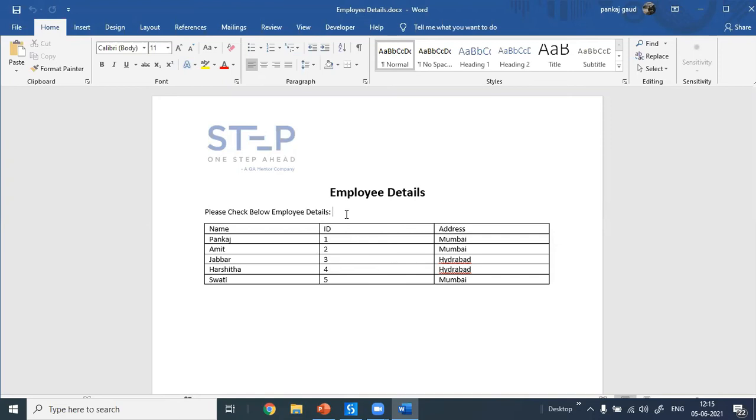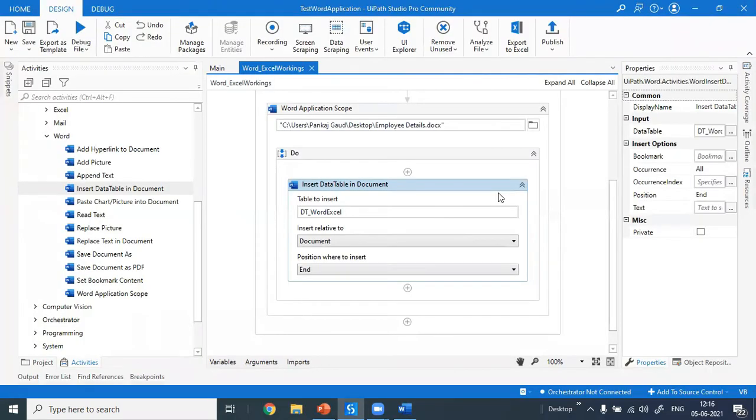Any questions here? Hello. Yes. Sony, yeah. Hi, Pankaj, Sony here. Yes, Sony. Here we have entered the data table. Is it possible to make the text bold or highlight it with colors? Yeah, we have to do R&D only. We can do it.